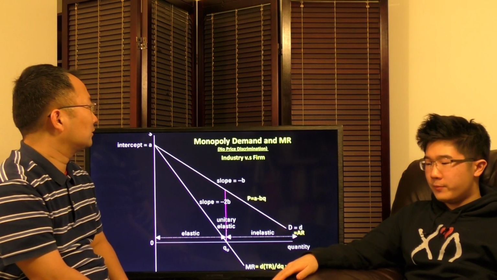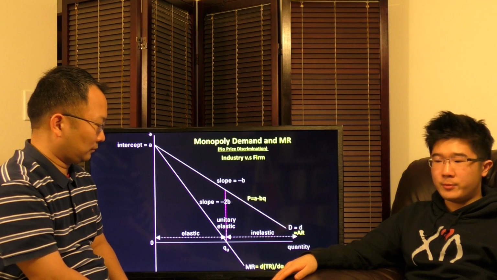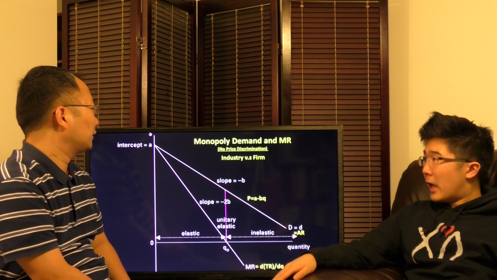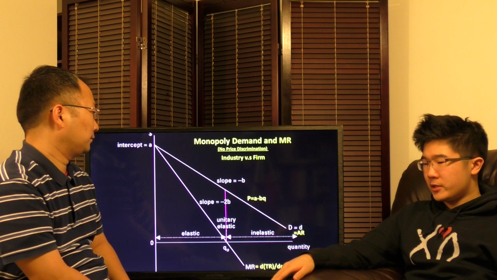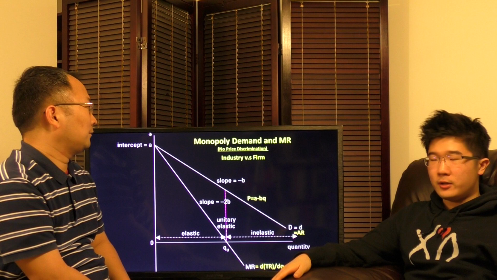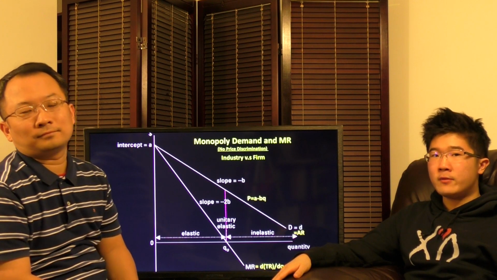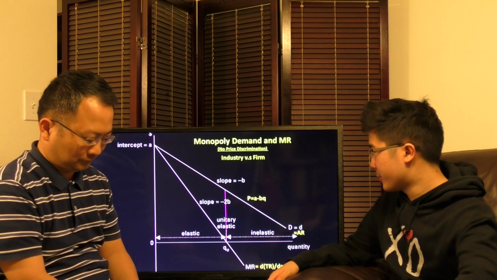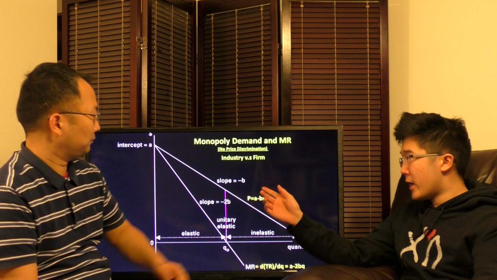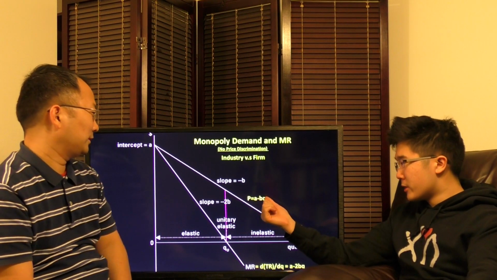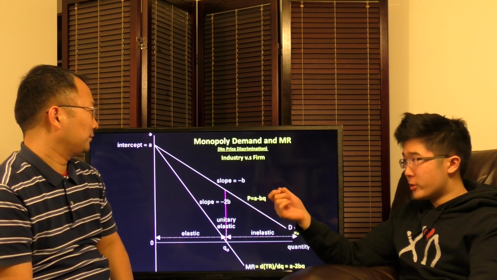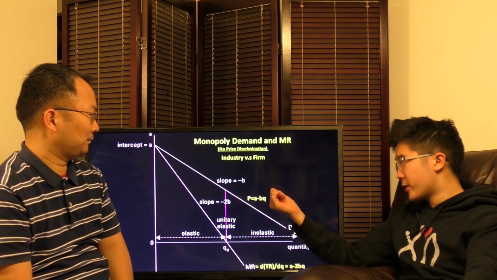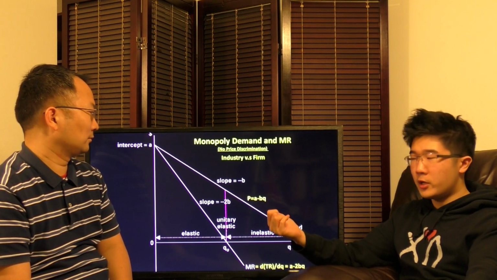So monopolies face a dilemma when it comes to demand, because they control the industry, they are the industry. And so all the demand goes to them. However, their demand is not just on the surface level the same as the market demand, because even though they are an industry, they are also an individual firm that faces marginal revenue differences. The demand curve usually equates to price equals A, the intercept, minus BQ. Negative B is obviously the slope of a demand curve: as price decreases, quantity demanded increases, and Q is the quantity demanded or quantity produced in the market, in the industry.